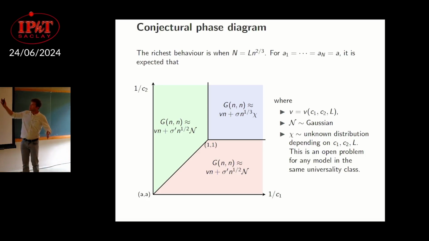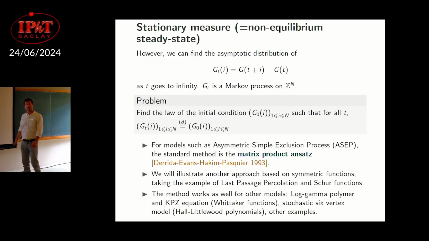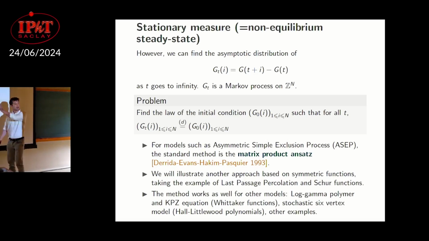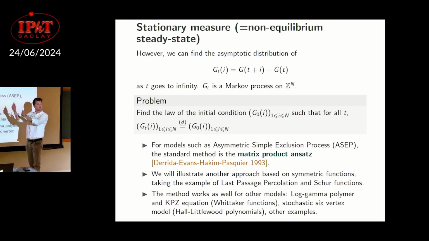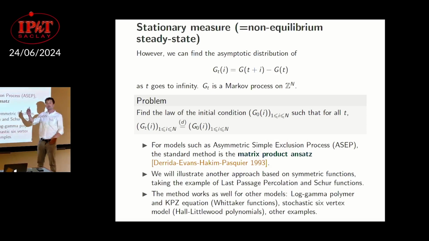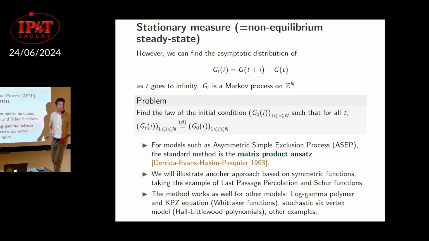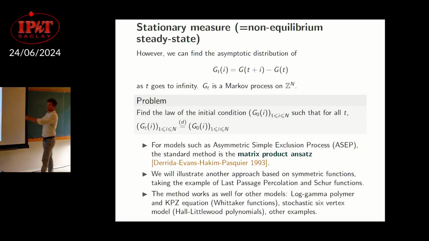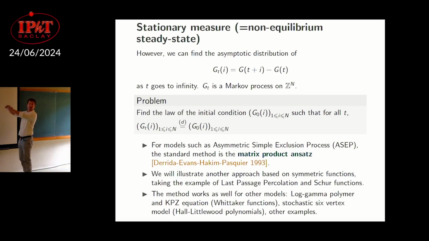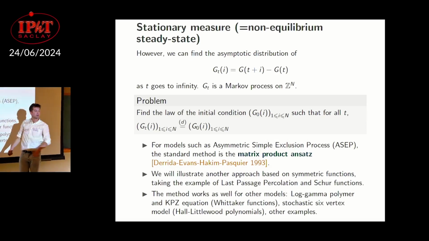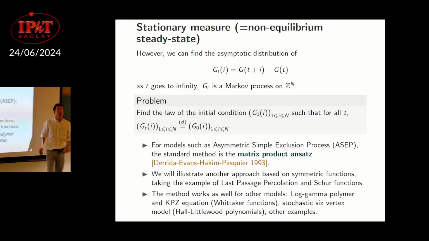So right now we cannot prove this picture, but we can say something about the large time asymptotics of differences of passage times of the form G(t, i+t) minus G(t, t). So on level t, points at distance i, what is the difference of their passage times? And this is supposed to reach a